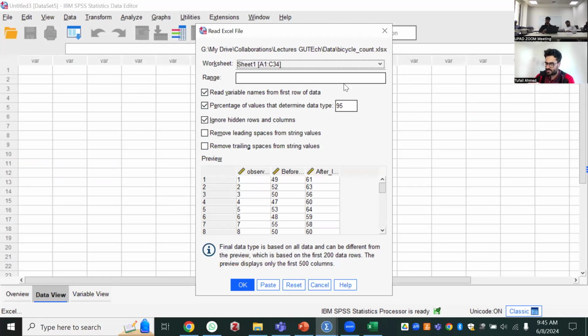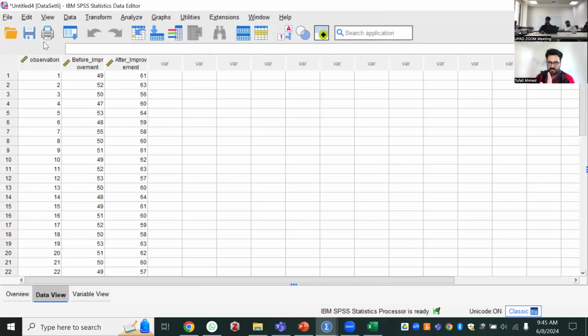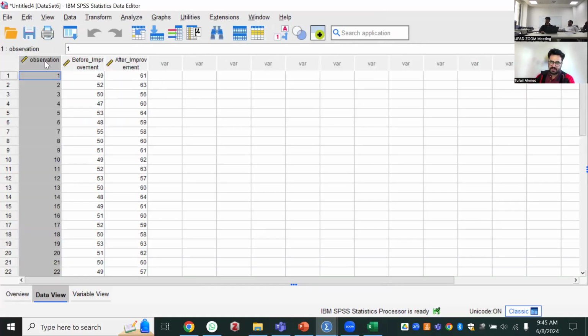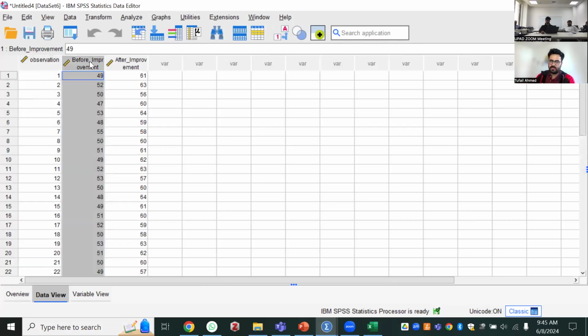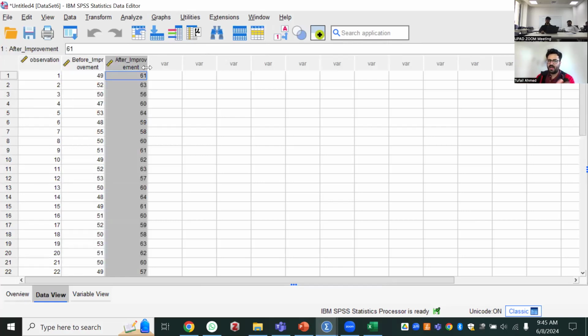The rest of the settings you will leave as they are. So you can see a preview of it. You click OK, and your data is imported. So you see you have 3 variables: observation 1, 2, up till 33. You have data before improvement of the bicycle lane, and data of bicycle counts after improvement.